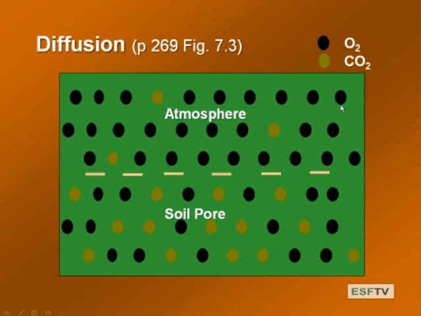So this kind of cartoon is consistent with our earlier message that the concentration of oxygen in the atmosphere, 21%, is higher than in the soil, and the concentration of CO2 in the atmosphere is 0.039%, or 390 parts per million. And this is an illustration of that. It's a visual illustration that holds up to that prior generalization.